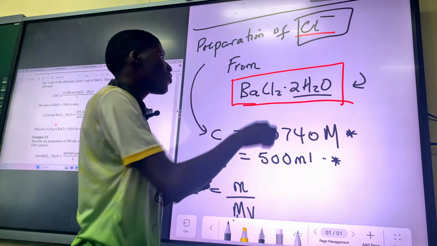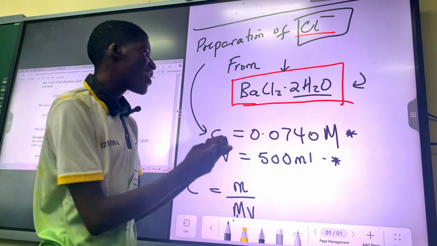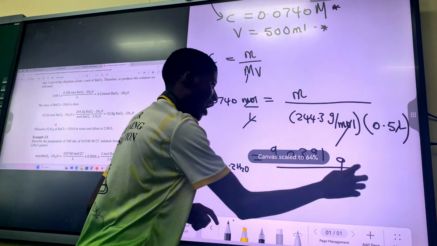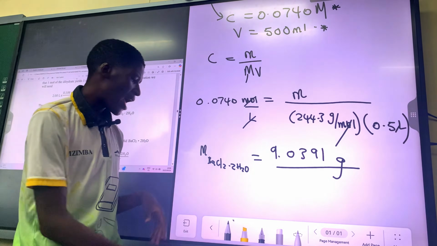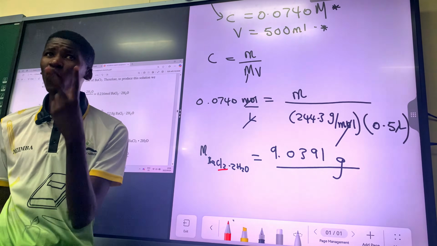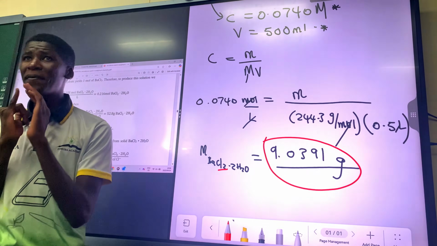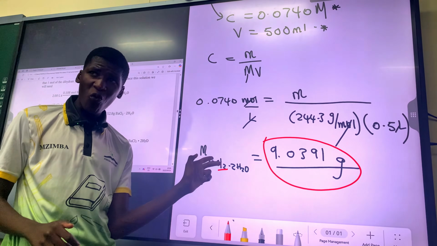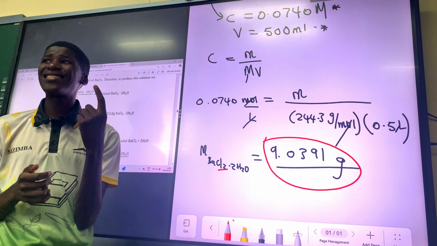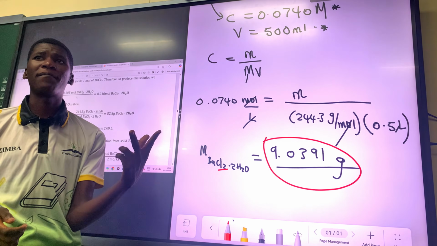Why are you multiplying it by half? It's because in the compound that you're going to use in our solvent, there are 2 chlorides. We have calculated how much mass we need to prepare that much, but this mass is from the perspective of having chloride about 2. This is the mass for preparing chloride about 2. We want the mass for preparing only Cl minus or 1. What should we do to this? We multiply it by half because there are 2 of them.